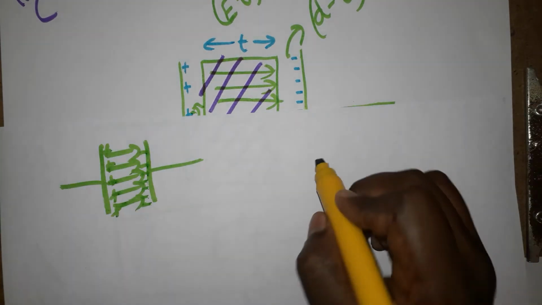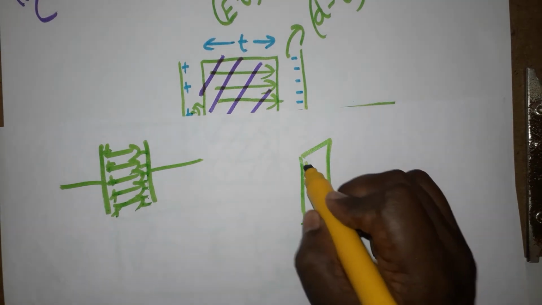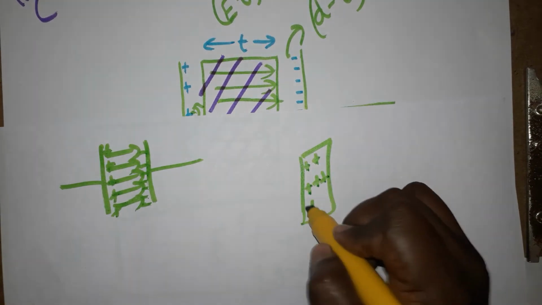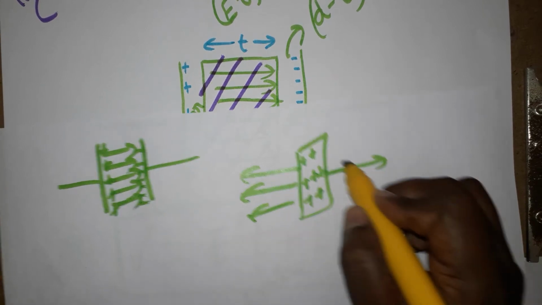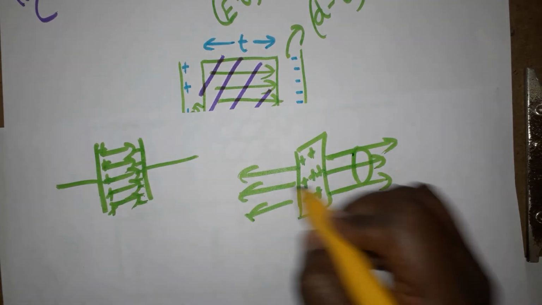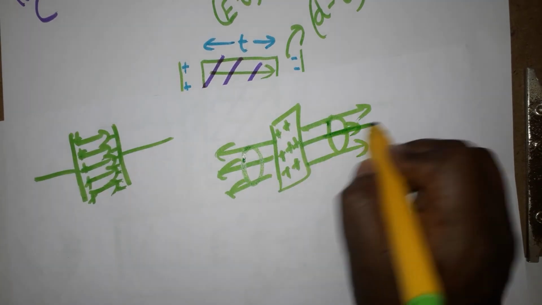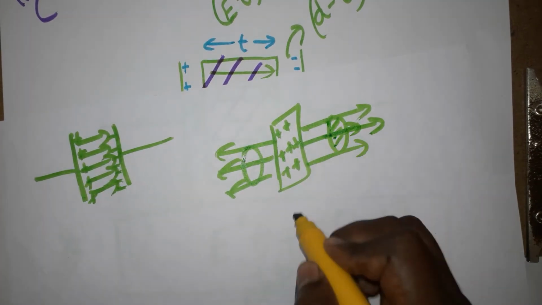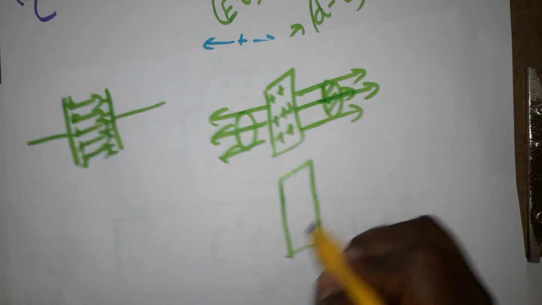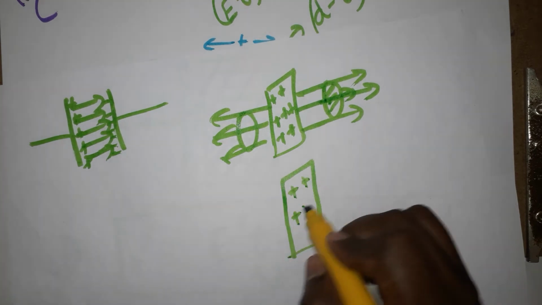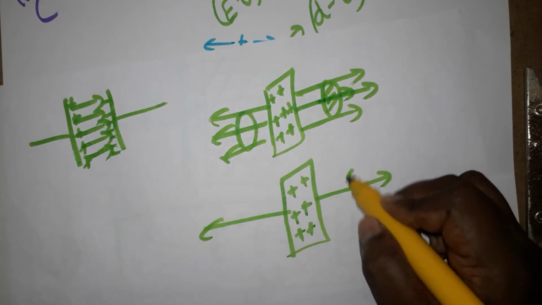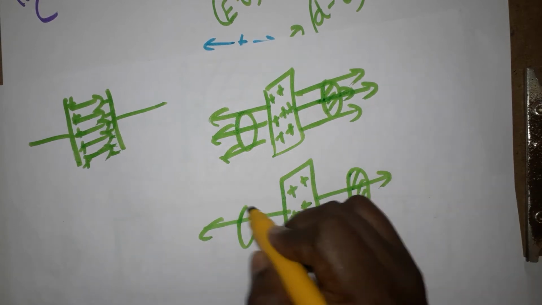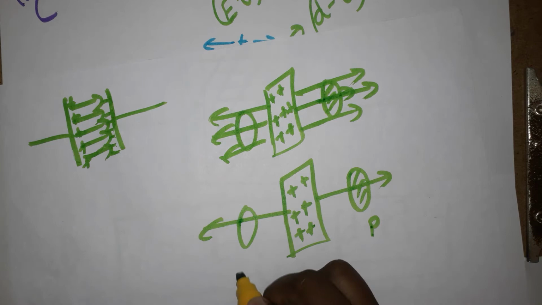First I am applying Gauss law. We have a plane sheet with positive charge. The electric field will be outwards from the positive charge. On this side I consider one area, and on this side I consider one area. The electric field points outwards from the sheet on both sides. Here I consider a small area, called P, and here a small area, called P dash.